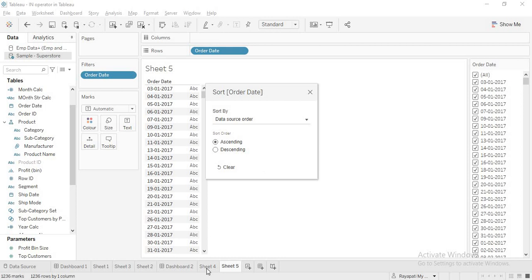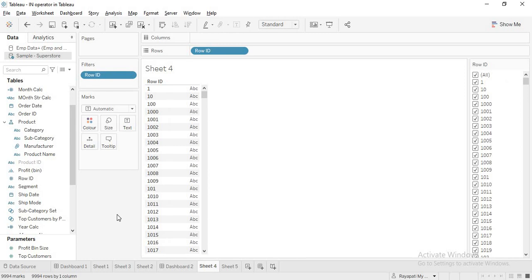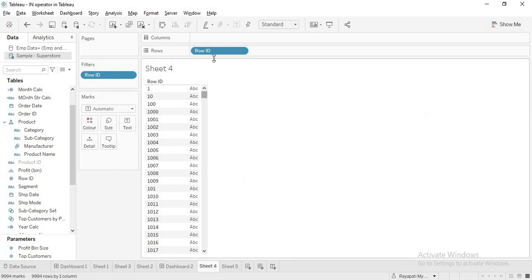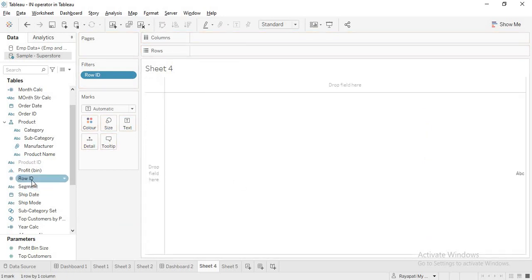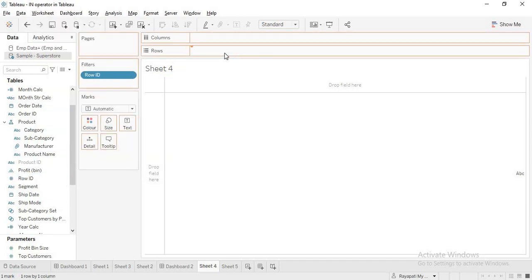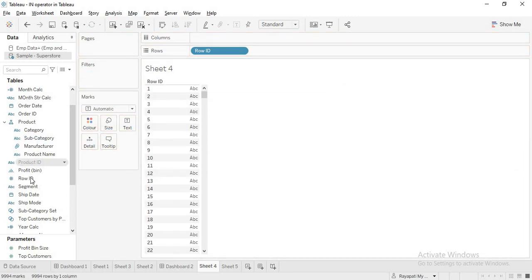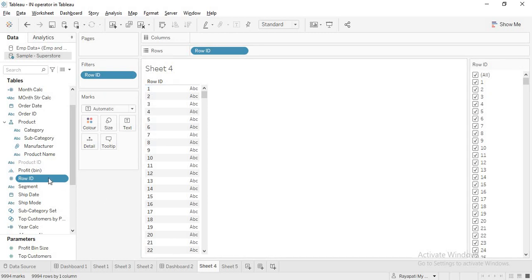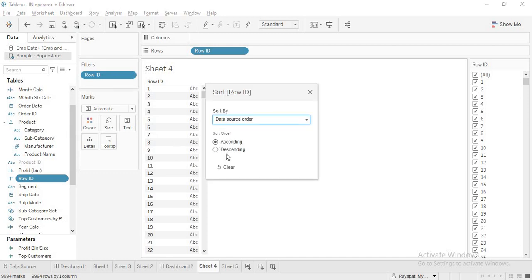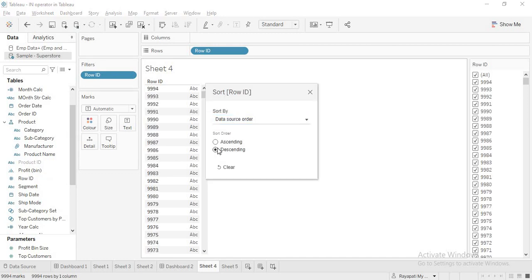Okay. So finally, I already put it here, so I'll just close this. I'll just come back. Row IDs, this is already there. See, I'll just close this. Now I don't even want this row ID. Clear. Yeah. Now let me drag my row ID here. Now for row ID, I'm going to say show filter. Now again, like the previous one, I want multiple value list. Now I want to sort this. Again, go clear in the sort. You can do whatever you want. For numerics, not a big deal.